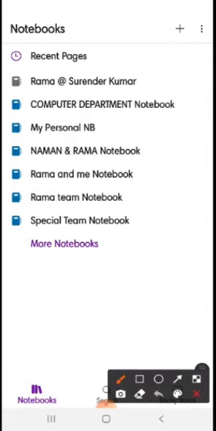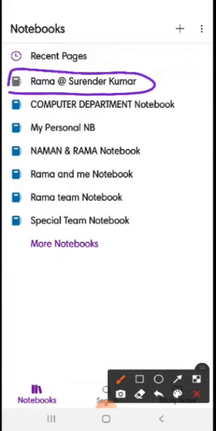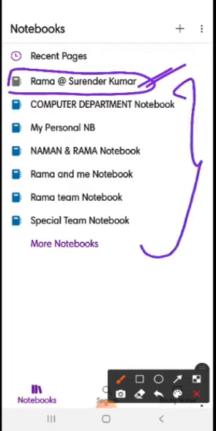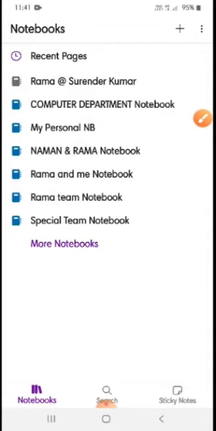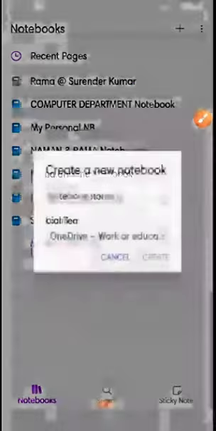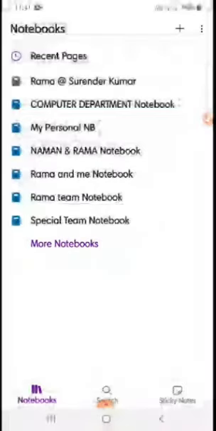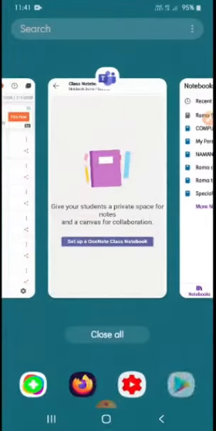This is my personal notebook, or personal diary, you can say. Whenever you download OneNote, you have your personal notebook also, and in those notebooks you have a personal space, your private space. No student or teacher can see or edit that space. It is available in the other notebooks also, and this is your own personal notebook. Or you can create your own notebooks by clicking on this plus sign. But here we are dealing with students and we have to manage the student notebooks, so let me show you that.